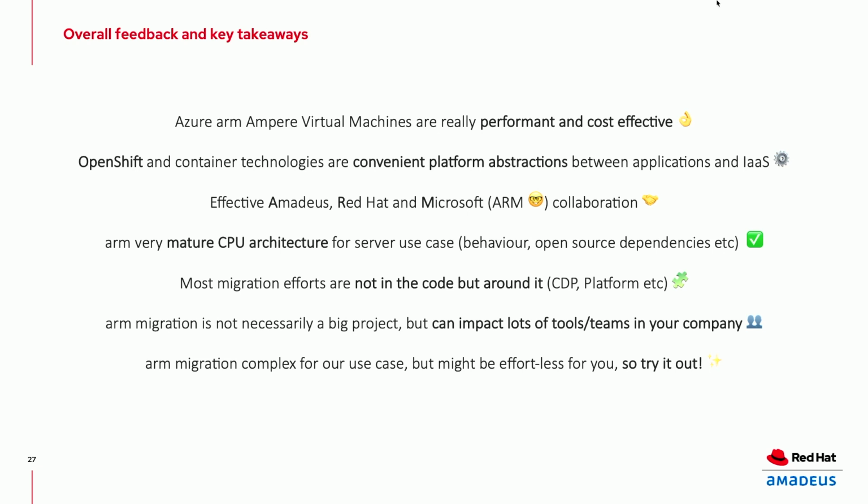Know that technical people would like to have changes in the code, but most probably it's changes around it, on your infrastructure and your teams. So it's not necessarily a big project, but it can impact lots of tools and teams in your company. And so, as you may have seen, it was a bit complex for our use case because we are